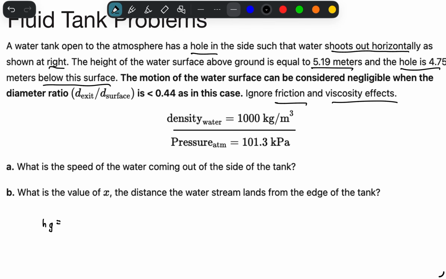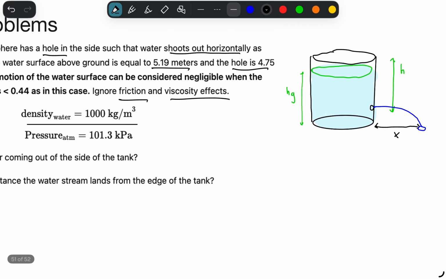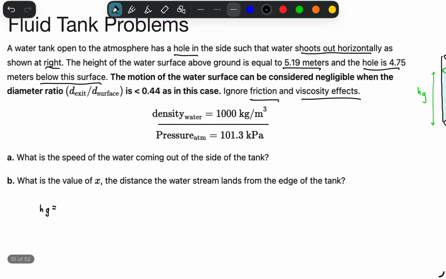In this video, we're going to be solving some fluid tank problems in AP Physics 1, Unit 8 Fluids. A water tank open to the atmosphere has a hole in the side such that water shoots out horizontally, as shown on the right. The height of the water above ground is equal to 5.19 meters and the hole is 4.75 meters below the